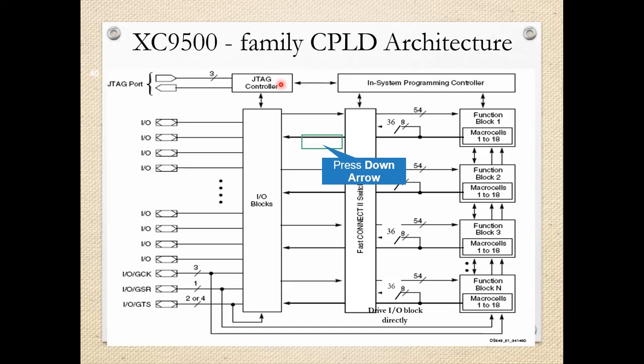It is optimized for high performance 2.5 volt system, and there is a facility of 5 volt in-system programming. So we can have in-system programming. You can see the in-system programming controller is there, which is connected through a JTAG controller. This JTAG is nothing but the Joint Test Access Group controller. This controller is adding the facility of testing of the circuit, as well as the programming facility is also available through this JTAG.